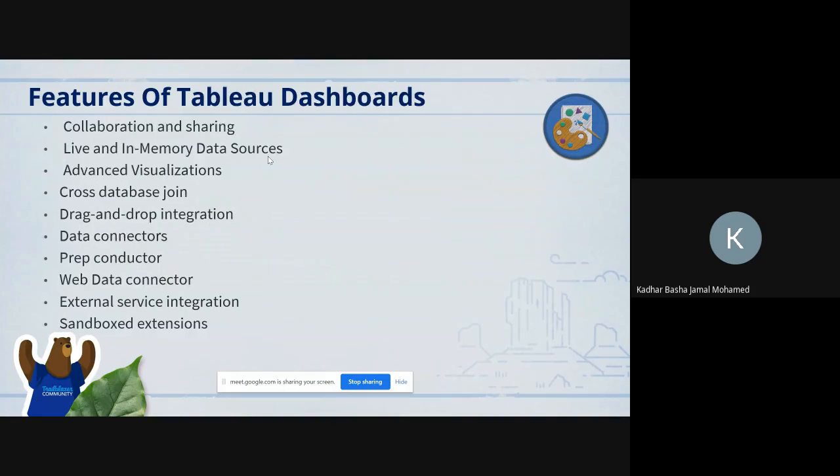Now the features of Tableau dashboards. It's quite interesting between these two products, because they both have some uniqueness and different concepts. This is the comparative study, and I've already said we have some differentiations between these two products. For collaboration and sharing, we can create a lot of worksheets and dashboards in Tableau, and we can collaborate on those between us. We can combine those worksheets in a single dashboard, and collaborate dashboard into dashboard.